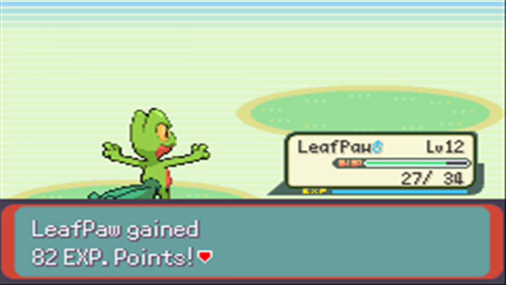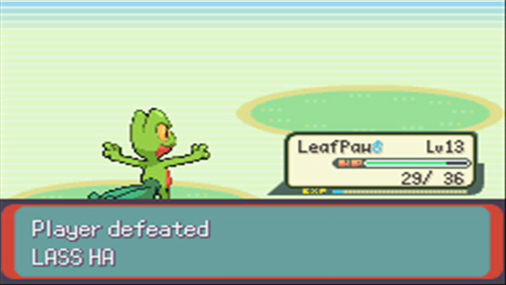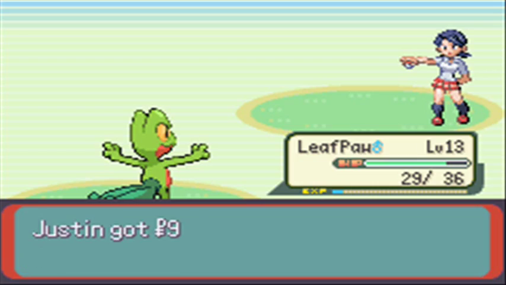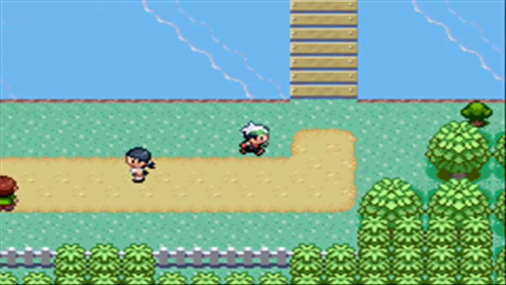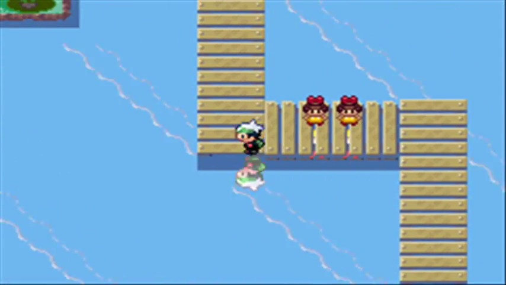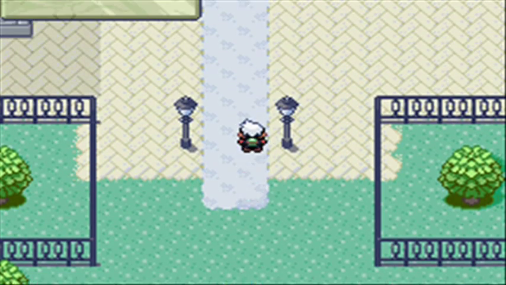Some interesting facts about Treecko: Treecko only learns like 2 grass moves. It learns Absorb and then Leaf Blade at level 29. So yeah, you're pretty much stuck with Absorb. It's pretty weak in the first